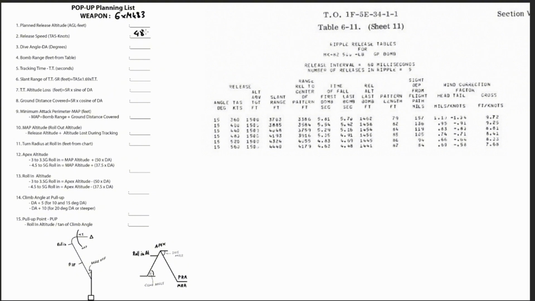And for 15 degrees and 480 speed, I'm starting populating, so speed 480. True or calibrated at low altitude are the same. I'm working on this row, dive angle 15 degrees for small exposure, small impact angle, and I'm working on these parameters here. So I'm looking for the bomb range that goes here, which is 3,916 feet. So I put this number there at step 4,